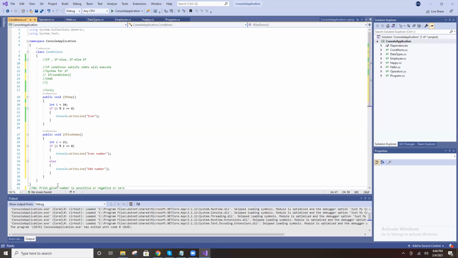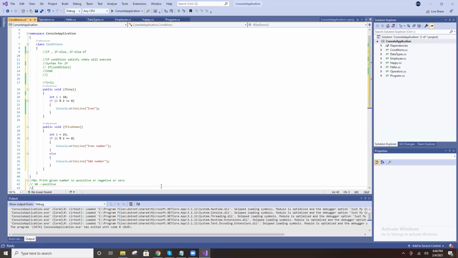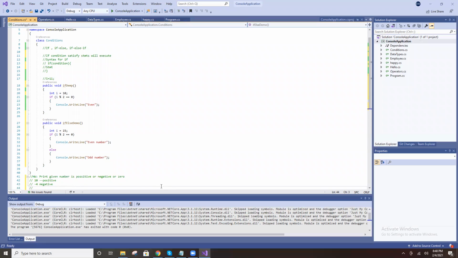See, do one homework now. For example, I give some 10. Tell me, is this a positive number or negative number? Positive. Print positive. I give some minus 4. Is this positive or negative? Negative. I give 0, means tell me this is 0.